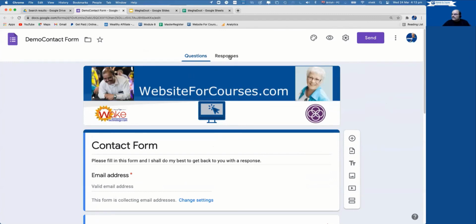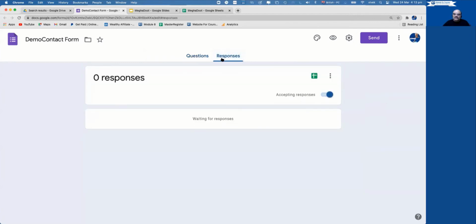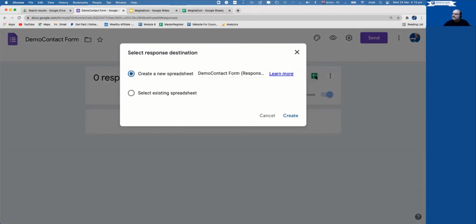I need to click on this responses, and click on this green icon here. There are two options available here. I need to select this option, and this is very important. Select the existing spreadsheet option, click on this. The buttons here have changed. I click on select.